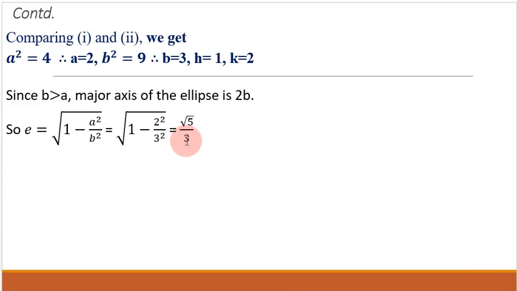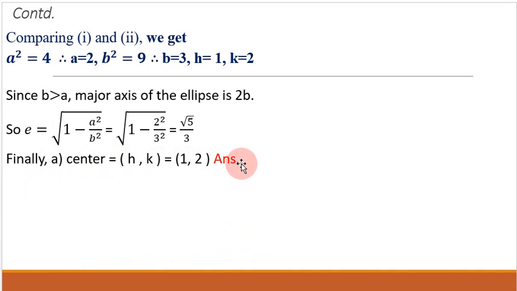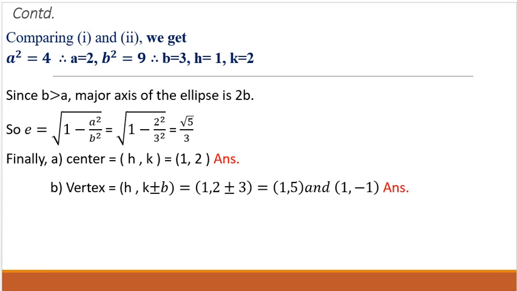Okay, so now by putting the values of a, b, we get the value of e as root 5 divided by 3. Then we finally have the center h, k equal to 1, 2, very easy, and the vertex is h, k plus minus b. Putting the values of h, k, b, taking the positive sign, 2 plus 3 becomes 5,